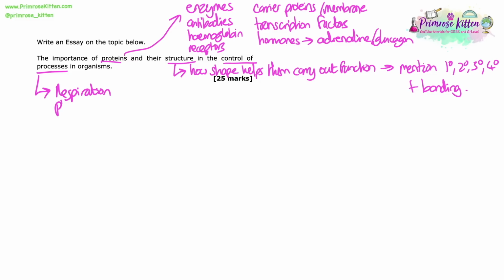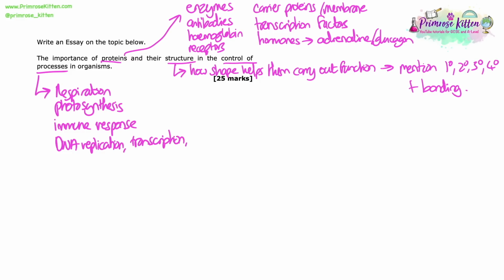We're not just saying, this protein does this, move on. This protein does this, move on, because there is a structural element to the question. And it's about the control of processes. So let's think of some processes that we can now link to these proteins. So respiration, obviously, photosynthesis, obviously, immune response because of antibodies, DNA replication, transcription, translation because of the enzymes, but also transcription factors can be in there. Membrane transport, so co-transport,